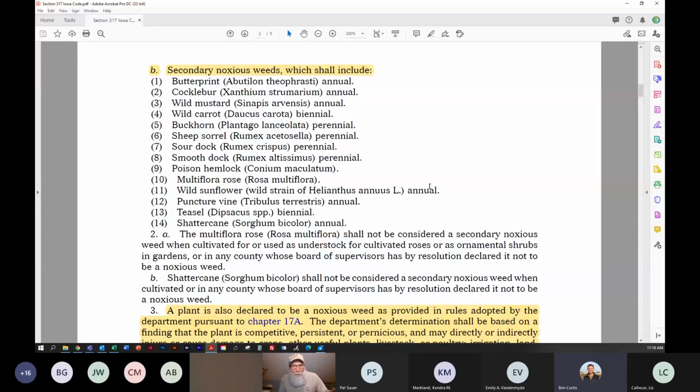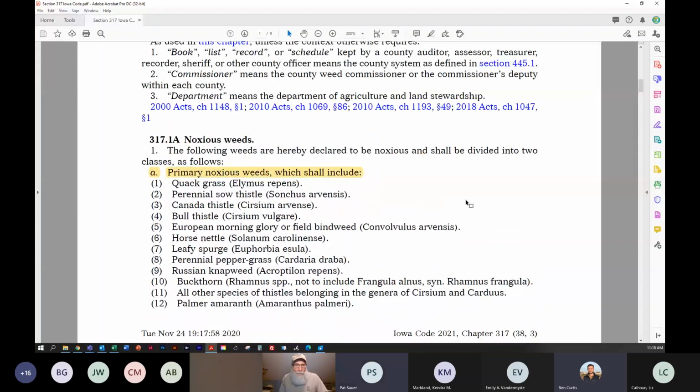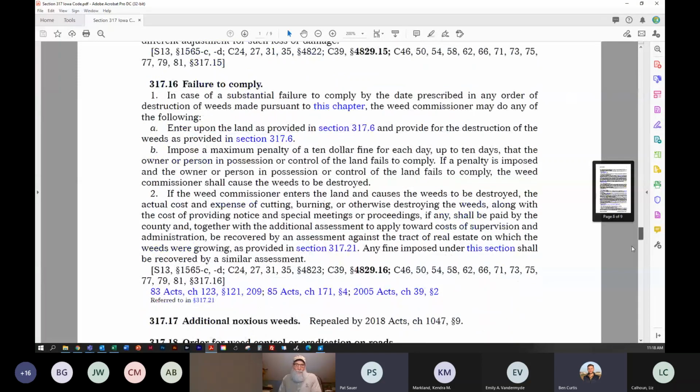Do we know what the difference between secondary and primary is? Is it just level of concern? We do not. We essentially, and we're seeing that wild parsnip is not listed, and there will be other species that are not on this list. Just to make you aware that